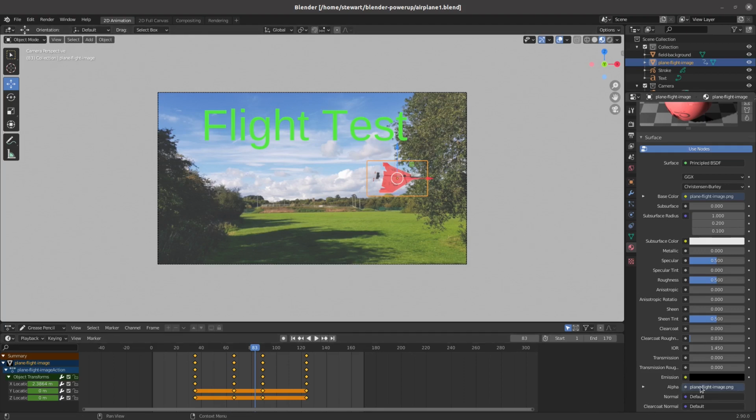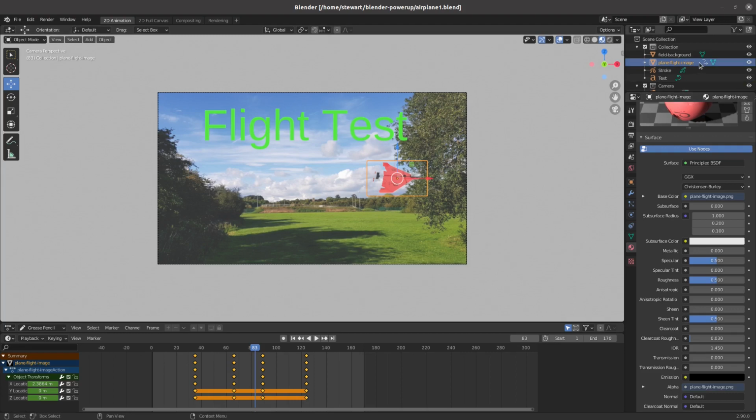As you can see, the alpha is set to the plane image because that's how it determines the transparency areas of the image. So what I'd like to do is, if you imagine that this plane would go behind this bush here and it would go invisible. Now it's not going to be a great transition here how I'm going to demonstrate it. Instead you'd have to use layers and have this bush showing in front of it and things like that, but we won't go into those details. I just at this stage just want to make the plane invisible at this point,